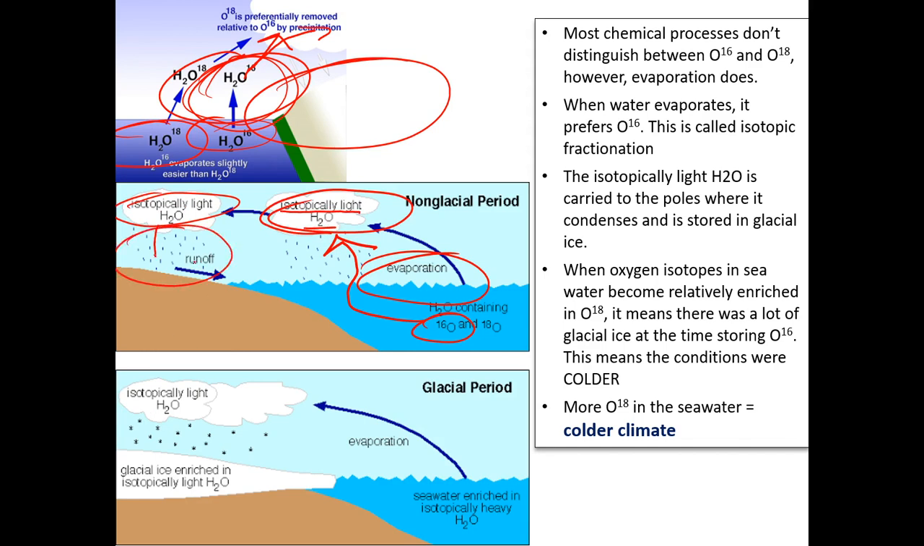And if there's no glaciers, it just runs back into the oceans. But if there are glaciers, like during cold periods of Earth's climate, it gets stored in the glacial ice. So glacial ice is enriched in isotopically light H2O. That means isotopically enriched in oxygen 16. Okay, so we have O16 stored here. That means that the ocean water gets enriched in oxygen